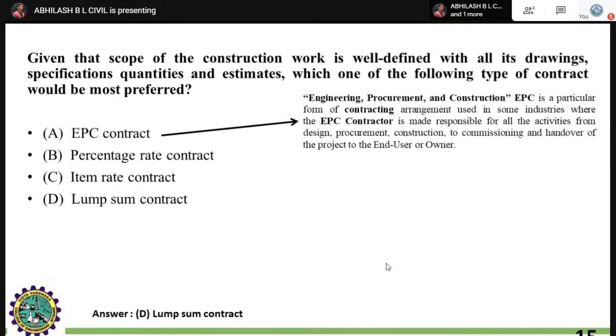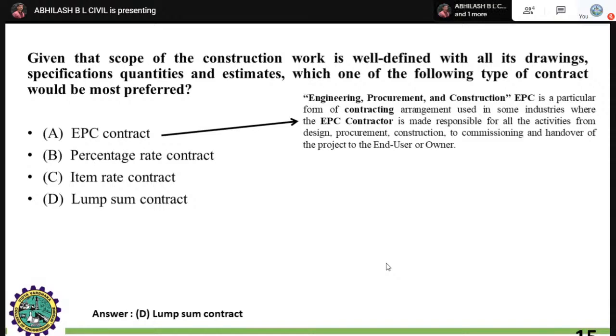The first thing is the EPC contract, that is engineering, procurement, and construction. You have to always give the definition for particular MCQs, that is multiple choice questions. As I told you in the materials, I have shown you that you have to analyze the picturization of the particular construction testing labs, material, right? Instruments.